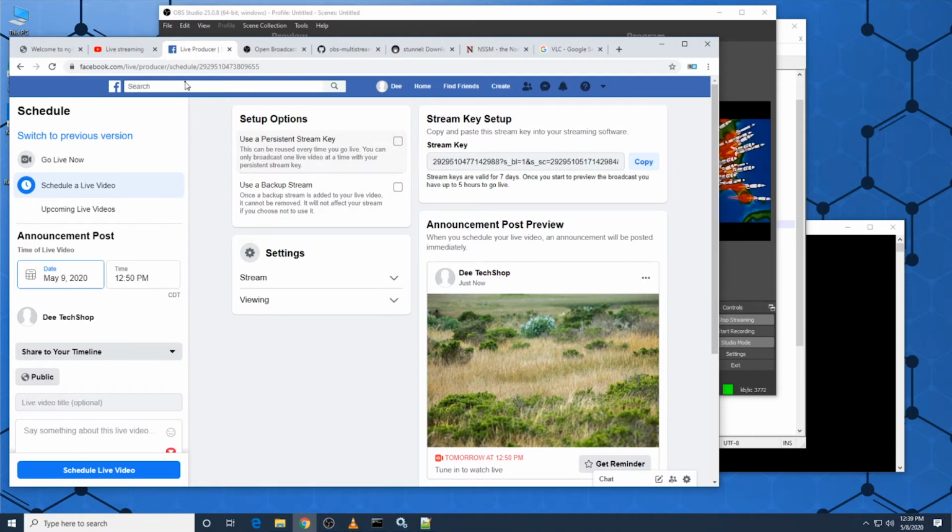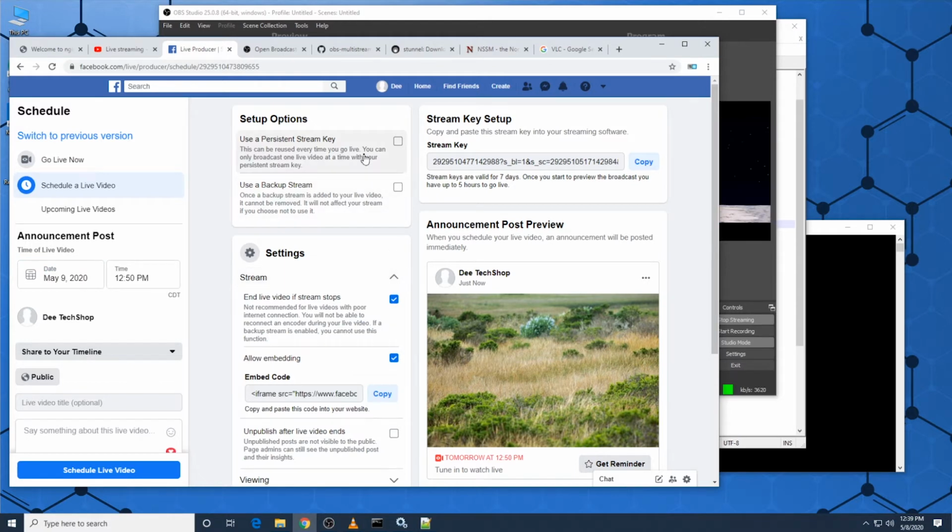This is where Facebook kind of differs from YouTube. They both will generate a random key for you to stream to, but with Facebook, you can click this button and say use persistent key. Now for your account, this key will always be the same. This is a test account for me, so I'm not worried that you guys can see this. But for your account, you want to use persistent key, and then this is the key you're going to copy